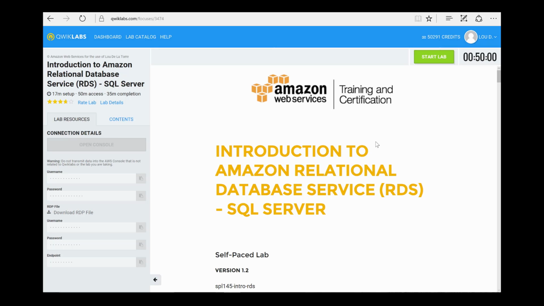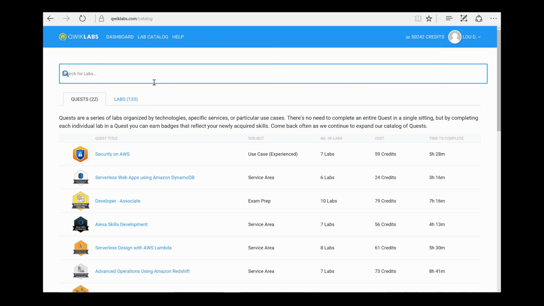So I have my quicklabs.com account here. I'm logged into QuickLabs. I've already searched for the catalog. What you'll want to do when you launch QuickLabs and log in is select the lab catalog link. And it'll show you, the first tab will show you quests, which are pretty cool. You might want to check these out later on, but there's different